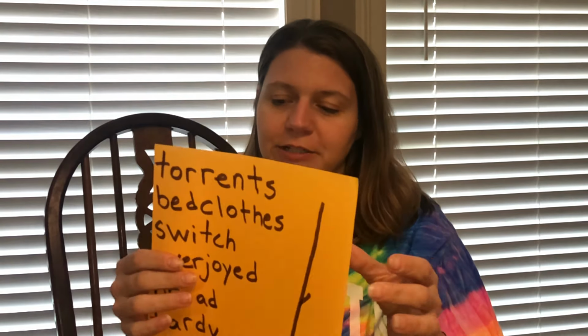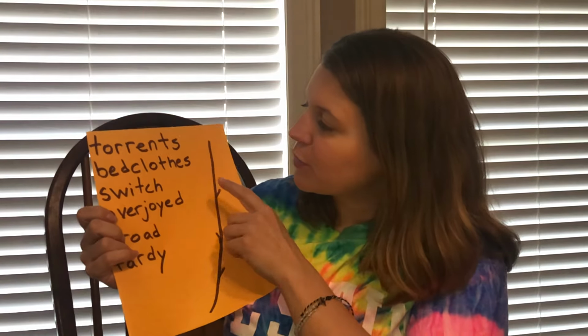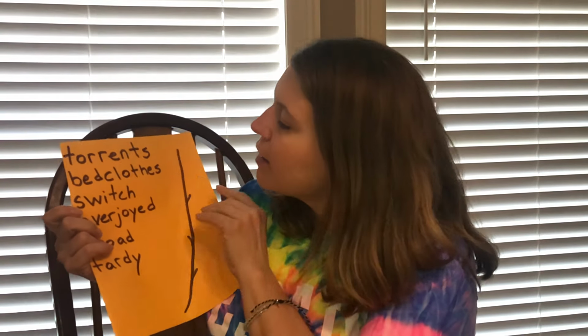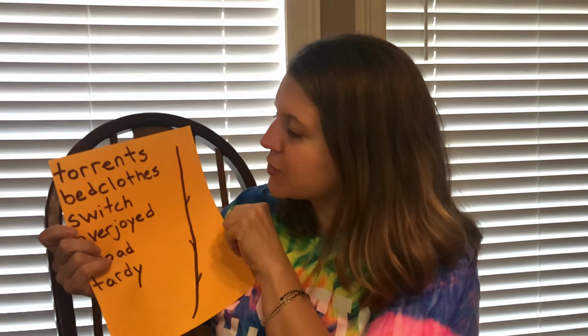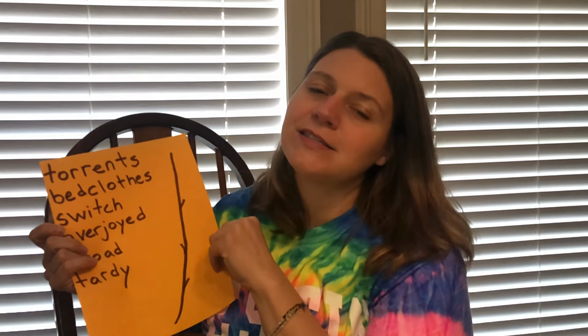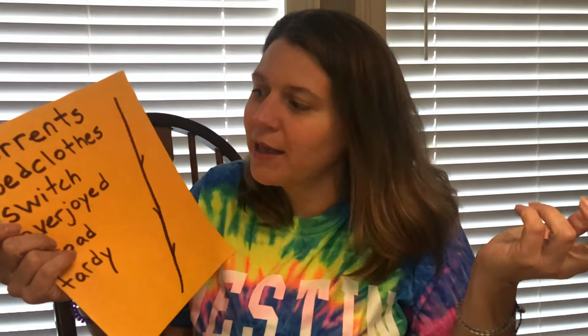Before I read it to you, I want to talk a little bit about our vocabulary for this story. So we've got torrents. Torrents are like rushing rivers of water, like rapids or pouring down rain. Bedclothes. It's a compound word made of bed and clothes. Think about making your bed as getting your bed dressed, and you'll know what bedclothes are. Those are the things you put on your bed when you make your bed, like sheets and pillowcases and